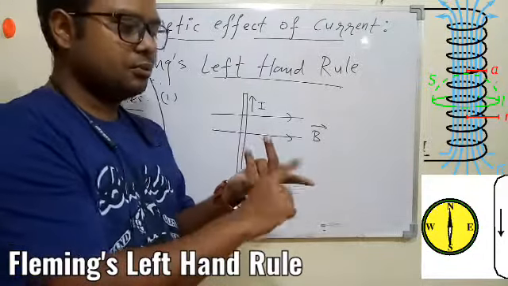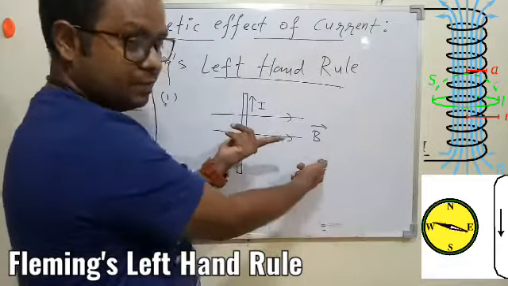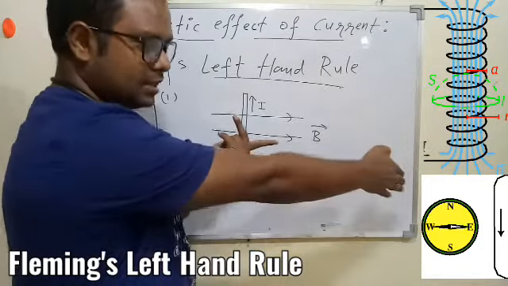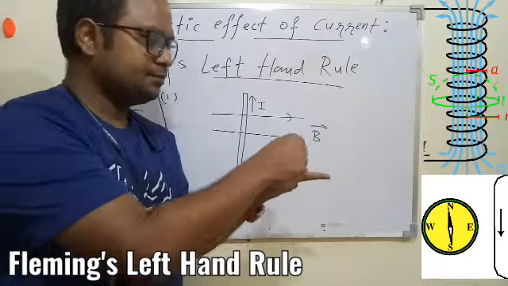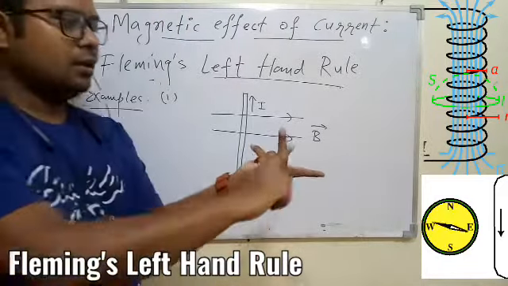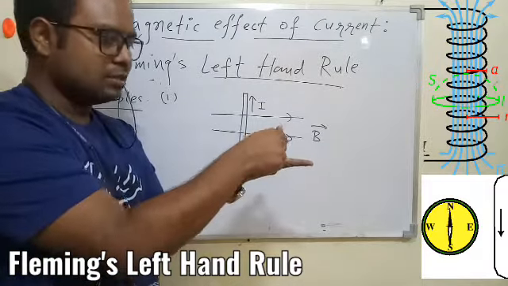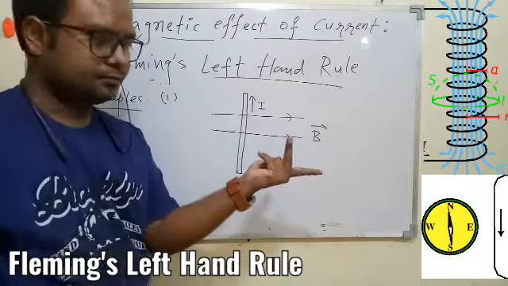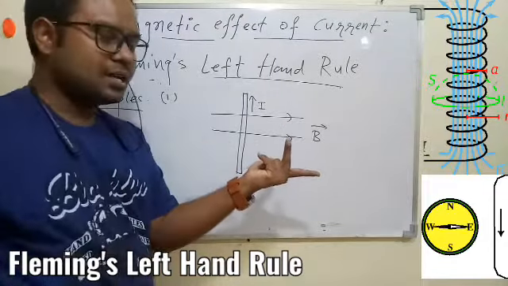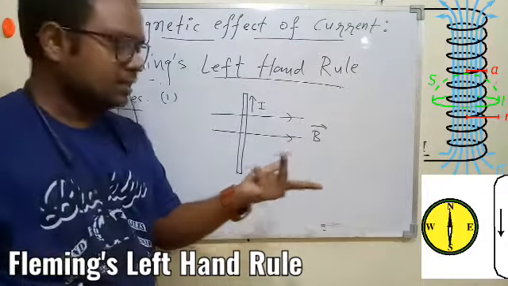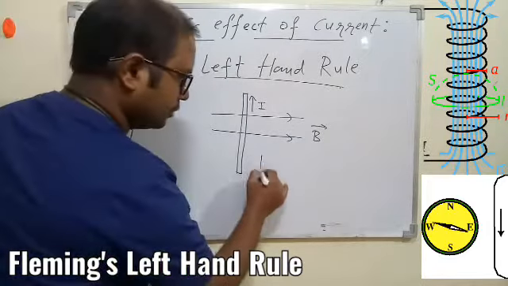So we understood this is the magnetic field, so we'll place this along this direction, it is given. So forefinger along this direction, that is towards my right this time. Current is upward, so I hope this is the condition here. Forefinger pointing in this direction, current is upward, this is shown by this, and thumb is towards the board in this condition. So it is understood in this case the force given to this conductor will be into the board, that is inward. I hope it is understood. So we can say force is inward.